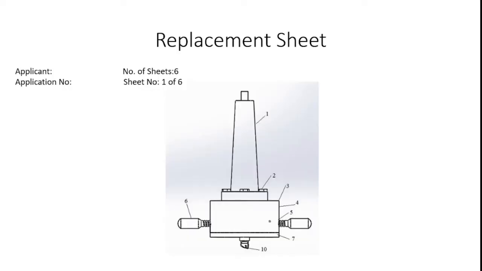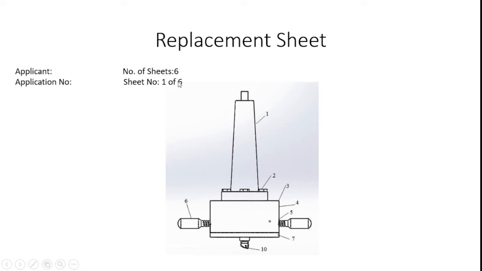After writing the abstract, we can move to draw the sketch, which means if we consider any machine tool or machine tool component, I can draw it with the applicant name. After that, the application number. What is the application number? I have to submit to the patent office. From the patent office I can get the application number. After that, how many sheets are available with my drawing details.